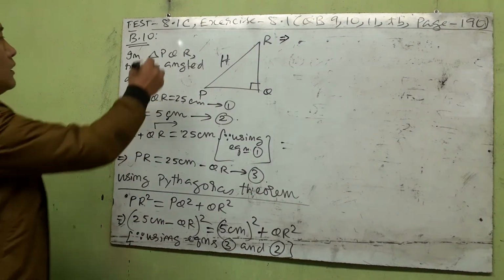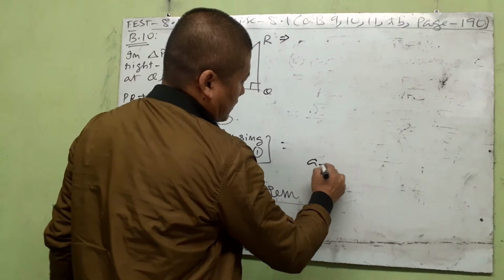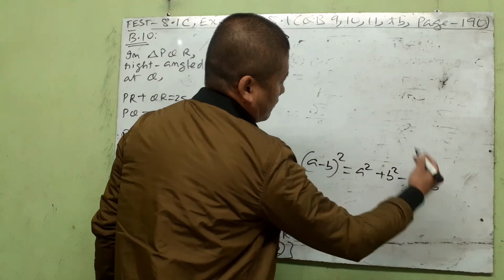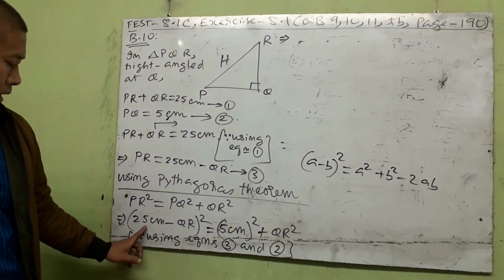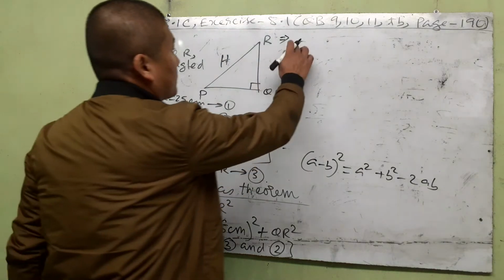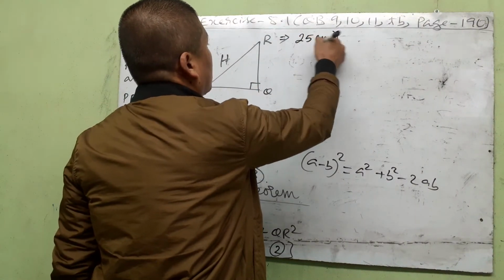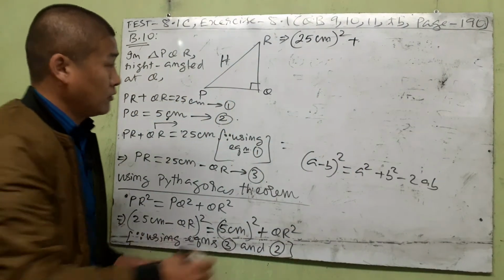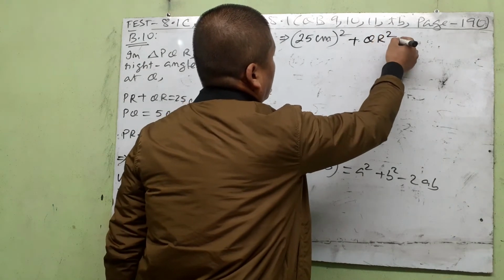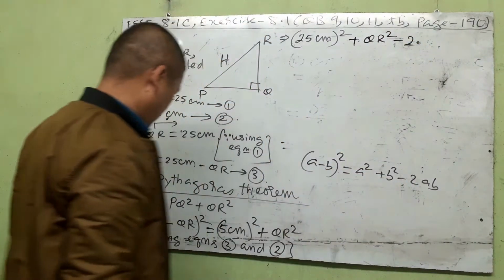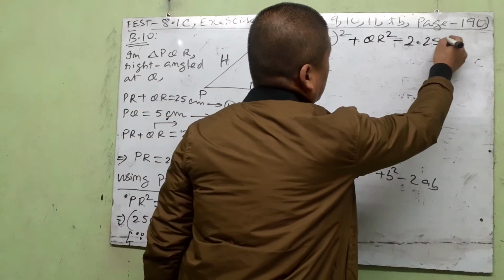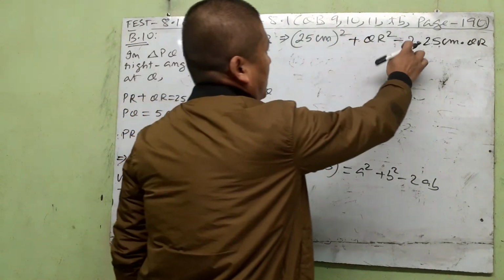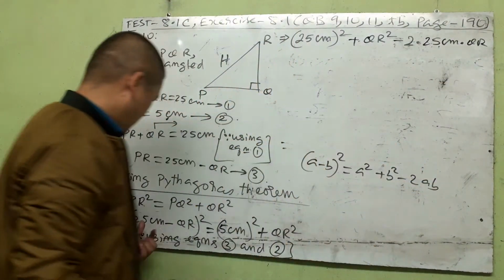B whole square. Very common formula in our lower classes. A minus B whole square is A square plus B square minus 2AB. Right. So let's apply that. A minus B whole square means A square, 25 centimeter whole square, plus B square, plus this B is QR, so QR square, minus 2 into, dot means into, A is 25 centimeter into B is QR. So A square plus B square minus 2AB for A minus B whole